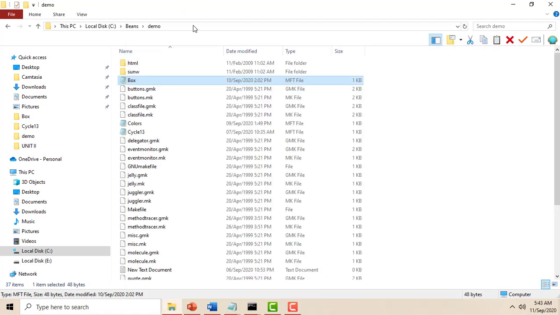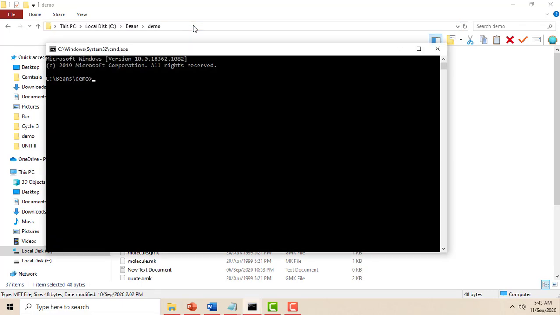Okay, in the same folder we have to generate the jar file. How we can generate the jar file? By using the command prompt. In the address bar we are clicking the cmd, and let's see how to create the jar file. jar space cfm space dot slash. Here the jars folder is available. jars slash what is the jar file we are creating? Box.jar file. Okay, next we have to include the manifest file and the class file.